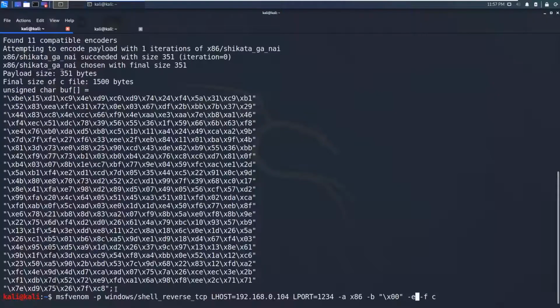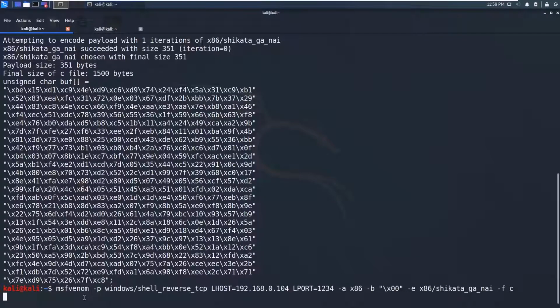That's very tough to build, and you can now specify the encoder. I am using Shikata Ga Nai, that is a very well rated one. I'm generating in the C format, but you can also use the exe format, and you can run it in the Windows system.